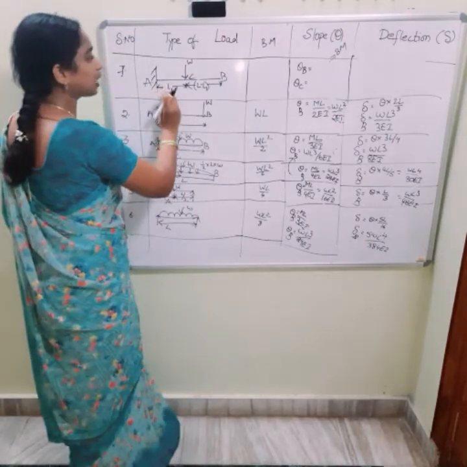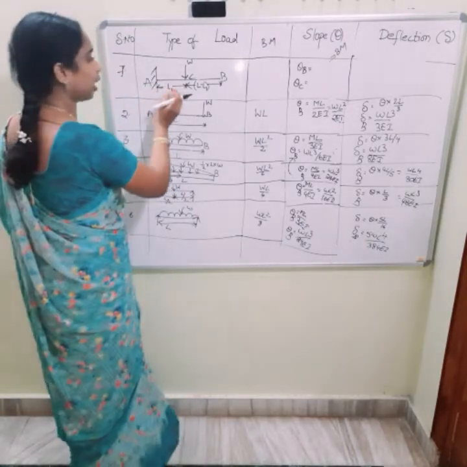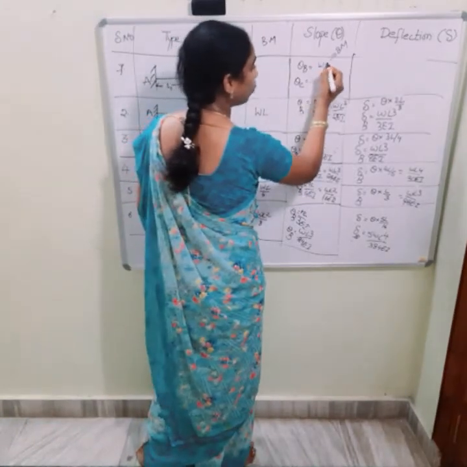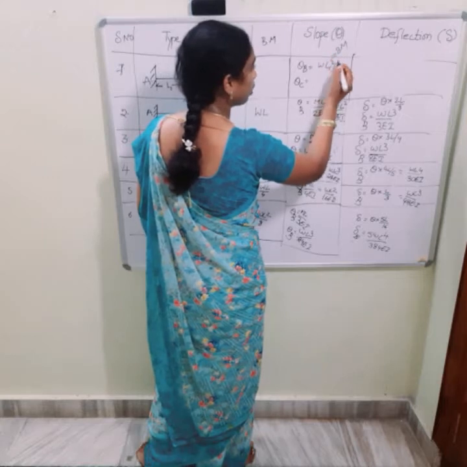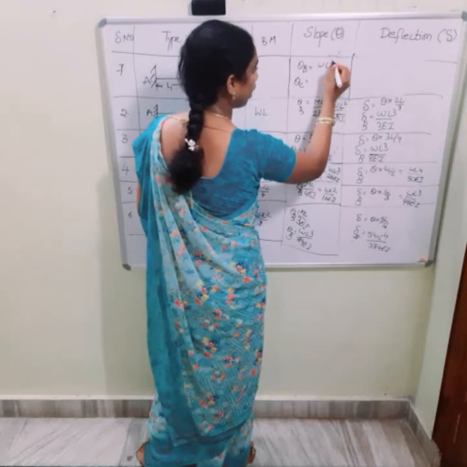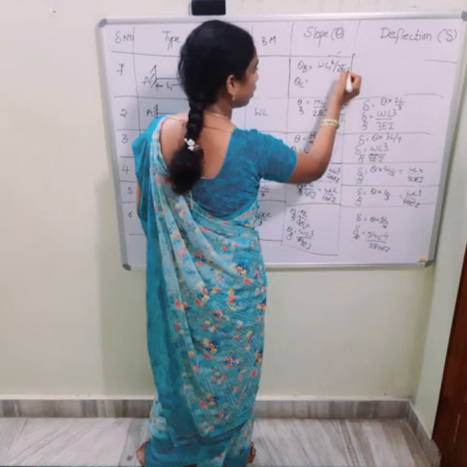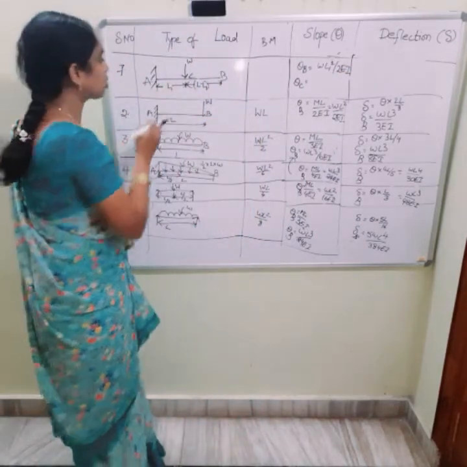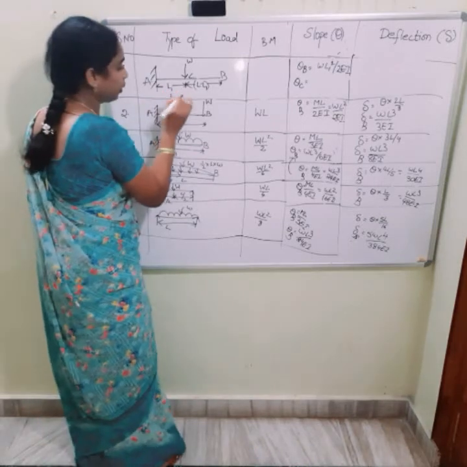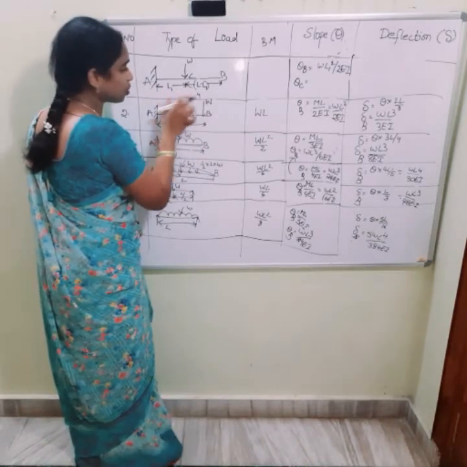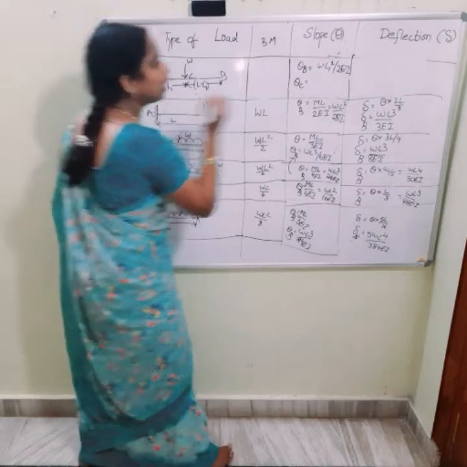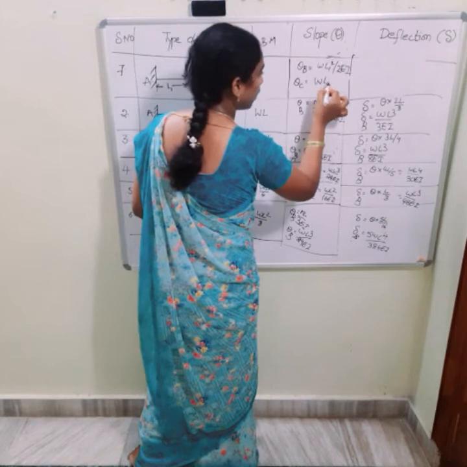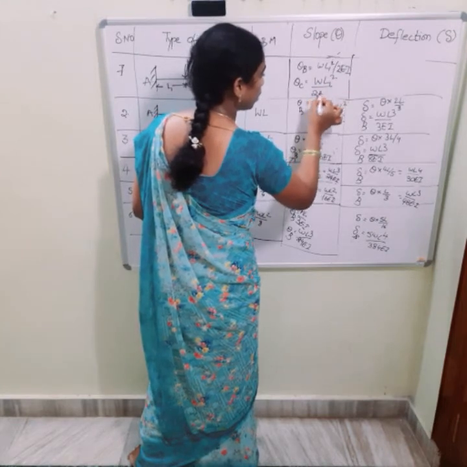If the load is at some distance, essentially L1 and L minus L1, just substitute L1 for L in the formula. L is nothing but the overall distance. But for this type of load condition, you should substitute this one. For example, if it is 2 meters and this is 4 meters, you substitute the 2 value only. It is nothing but WL1 square by 2EI. Deflection at C is also WL1 square by 2EI.